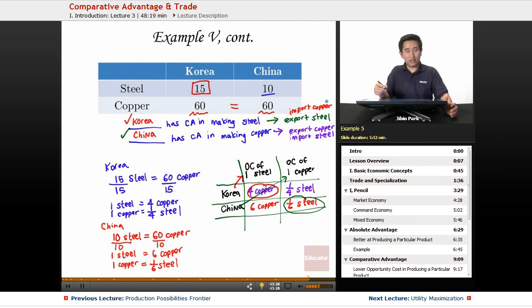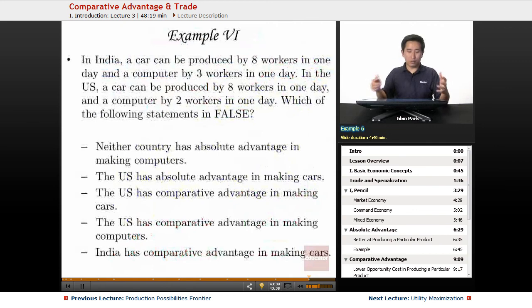So this is a fairly extensive problem when you're going to deal with specialization, trade. It could be production possibilities frontier with constant opportunity costs and comparative advantage. Finally, we're going to look at a problem using a multiple choice. And again, we're going to use that technique. How are we going to use our knowledge of production possibilities frontier and comparative advantage to tackle a problem on